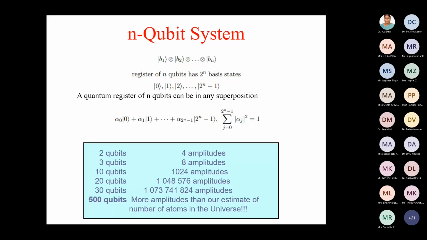So see here, 30 qubits can represent this many amplitudes. And if you go for 500 qubits, how many states does it have? States or amplitudes more than the number of atoms in the universe. So see the power of superposition in quantum bits. If we superimpose these 500 qubits, we are able to hold more states than the atoms in the universe. So is this concept okay, or does it require more clarity, or is any doubt there? Clear? Okay. Perfect.